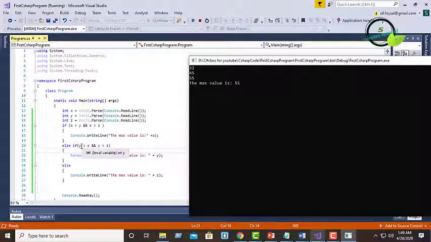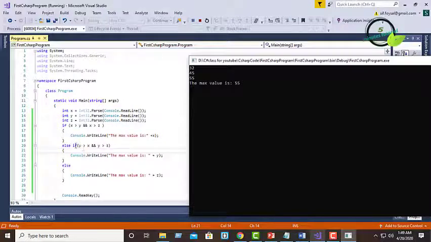So here it is checking is 45 greater than 32 or not. So it is true, and then y means 45 is greater than 55 or not. So it will return false.